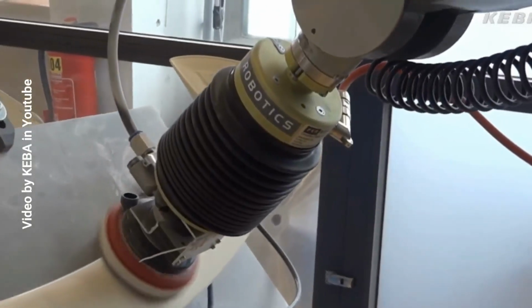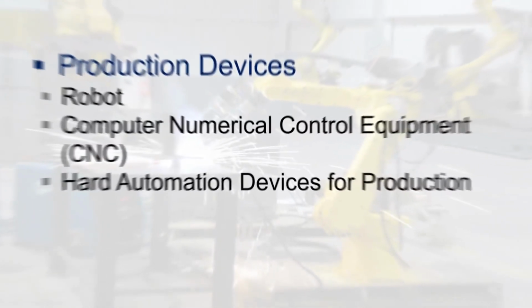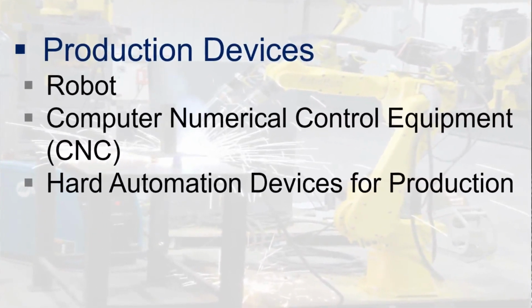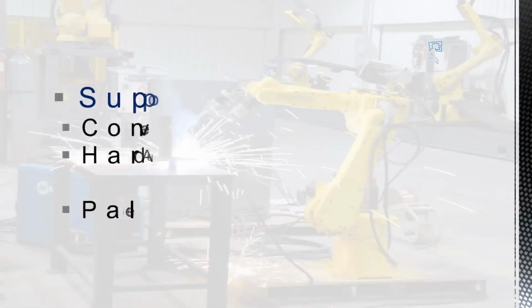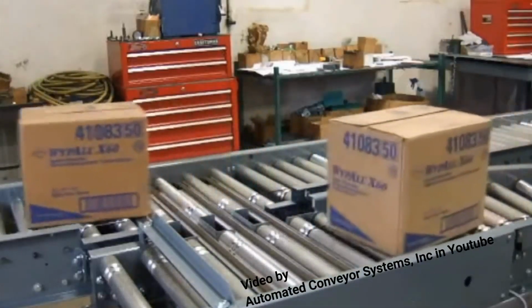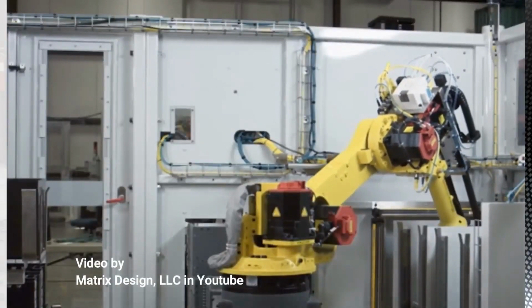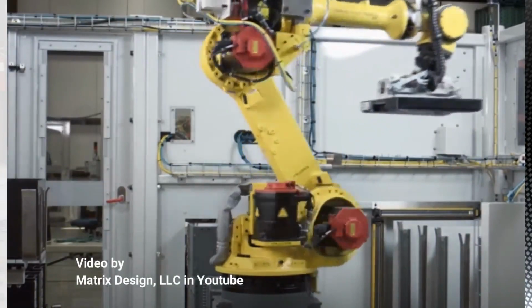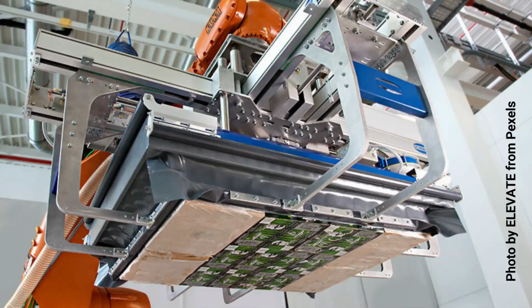Some of them are disposable types, or can be used or recycled for other devices. We also have the support equipment, which contains conveyor systems, hard automation itself apart from the production devices, and including the palletizers. I will show you after this. And lastly,